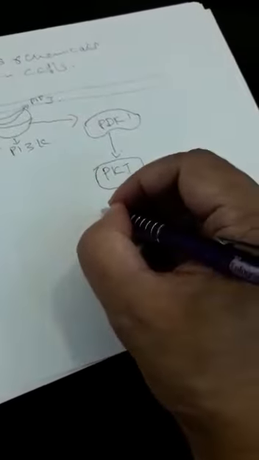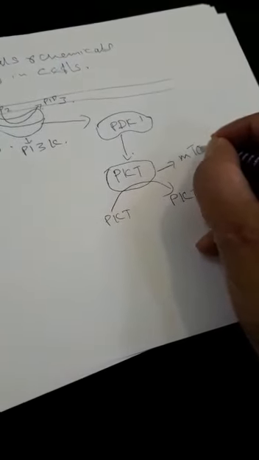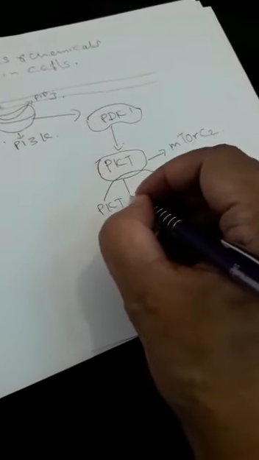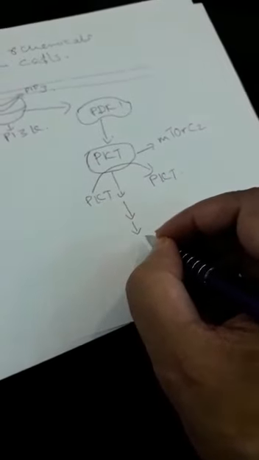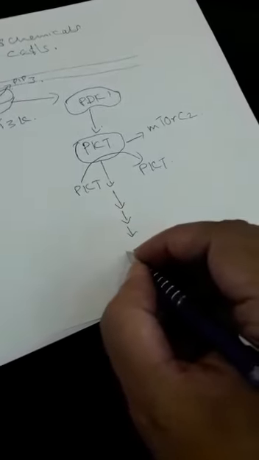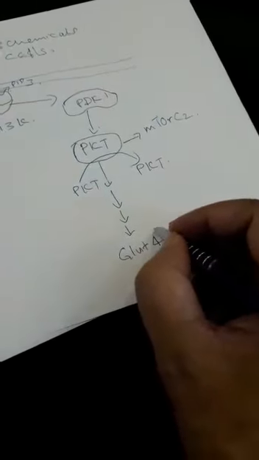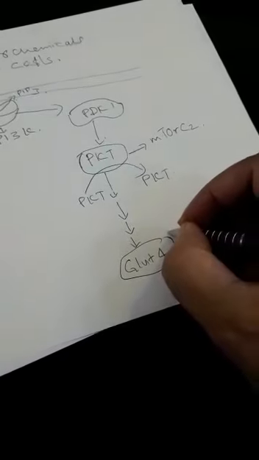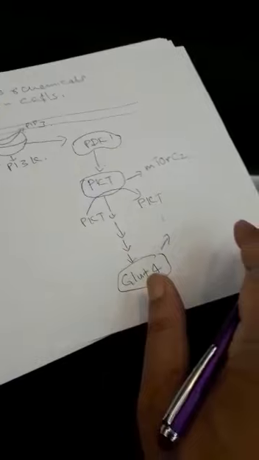In the PKB, it phosphorylates PKB to an active PKB. Here you have mTOR complex 2, and then this will have a downward signaling or upward signaling, where it releases a next signaling called glucose transporter 4. This will allow glucose to come into the cells. So the question now will be,